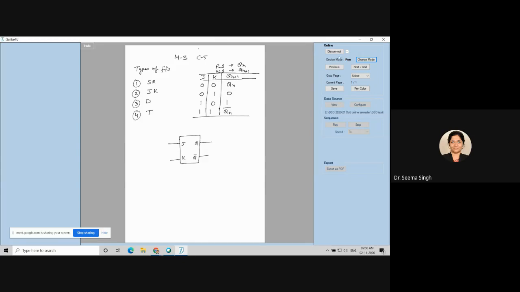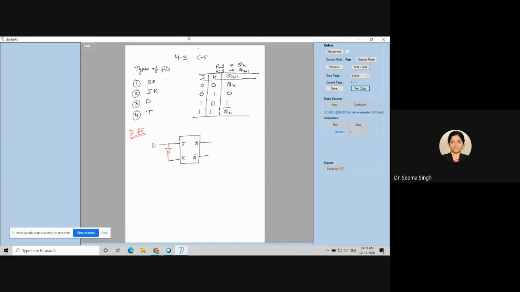Okay. How to make a D flip-flop from a JK flip-flop. Now, I will start with the D flip-flop part. Okay. Now, D flip-flop, you have seen with SR flip-flop also. D flip-flop is nothing but we connect a NOT gate here. If we connect a NOT gate here, D flip-flop is one input flip-flop only.